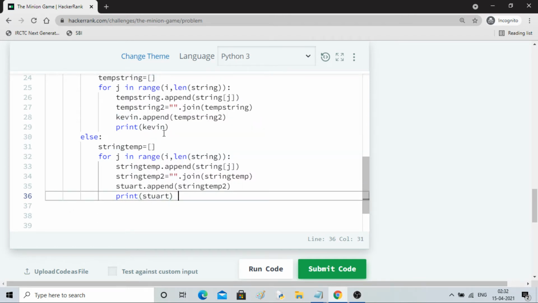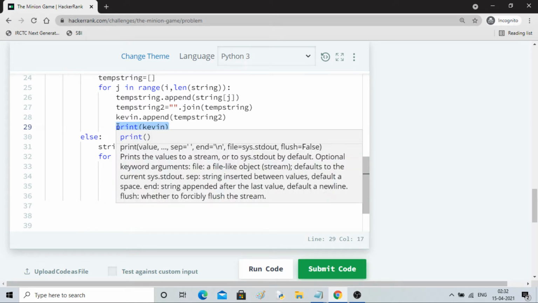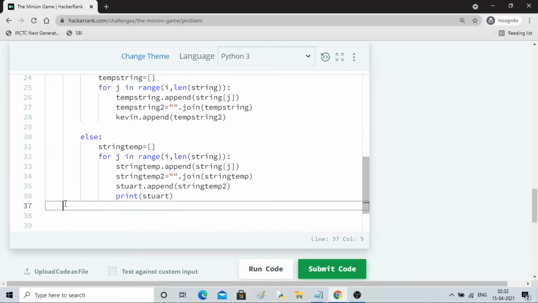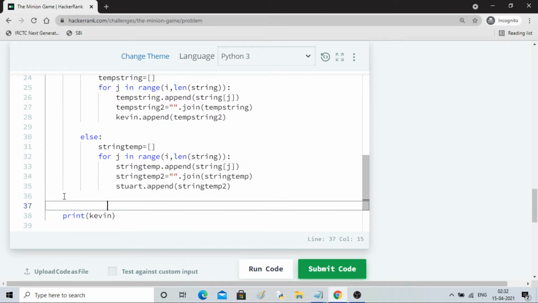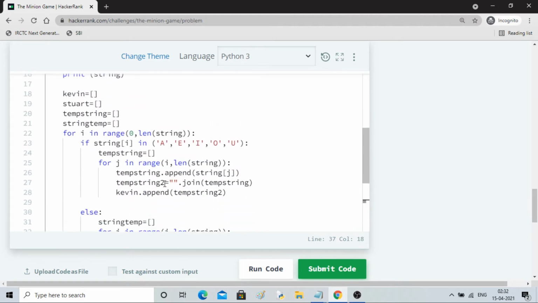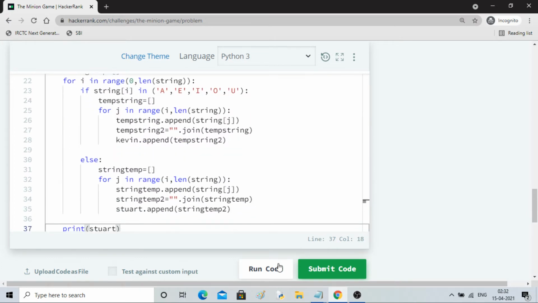So what I'll do is, instead of printing each time, let me print it outside the for loop. Kevin and Stuart's, these are their words. Okay, heavily I am consuming the for loop, you can see that.